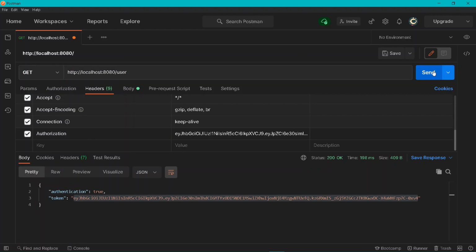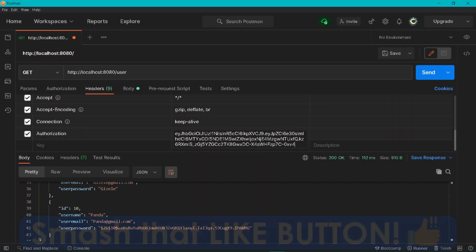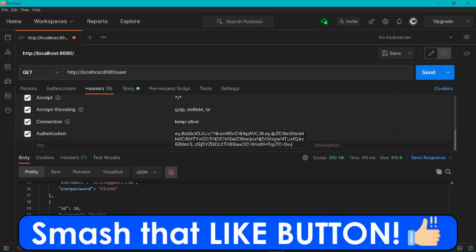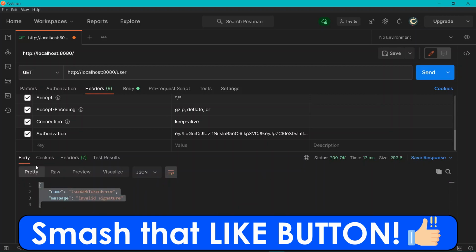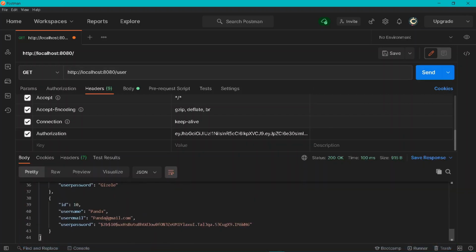If I send my entire method, I will be getting all of my data because the following token is validated. And if I remove 4 from my token and send a get request, I will be getting the following message, invalid signature. Let's add 4 back and press send request, that is get request. So this way you can simply get all of the following user data with the help of JSON Web Token.